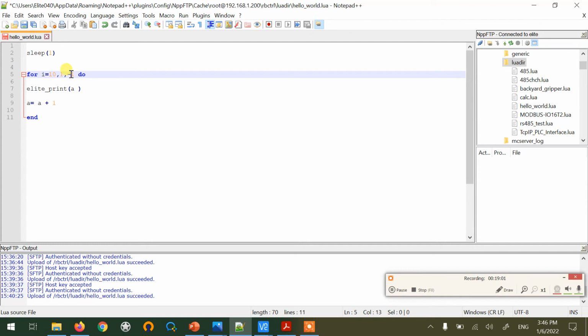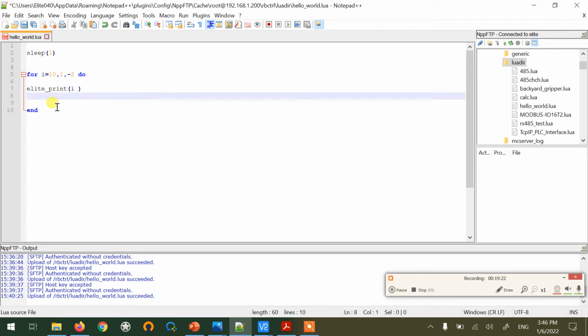So this is quite long, so I want to change this to 2. It will go on until this i is bigger than this number. It will run. And here I want to print i,